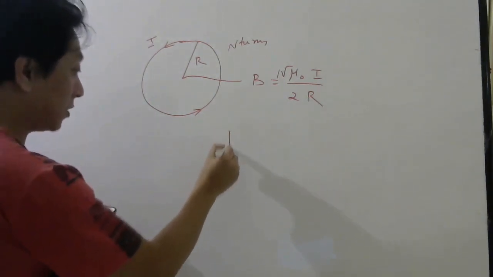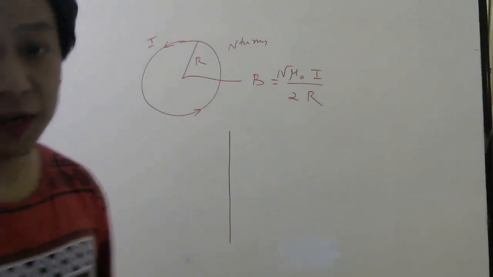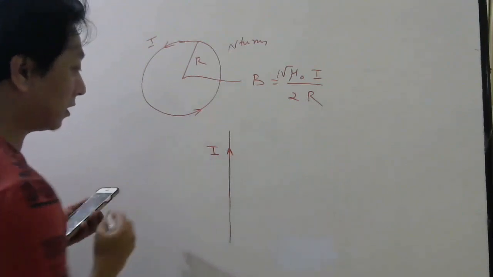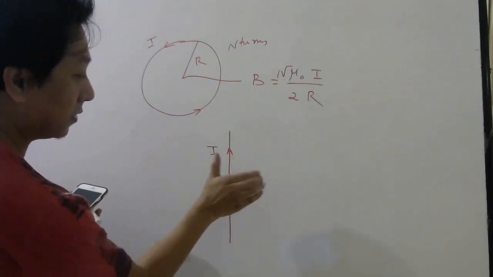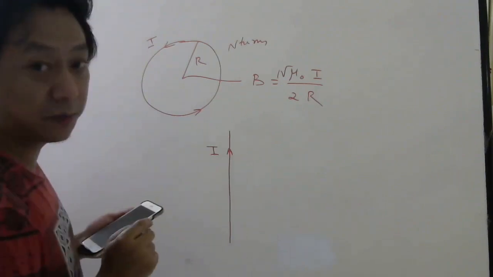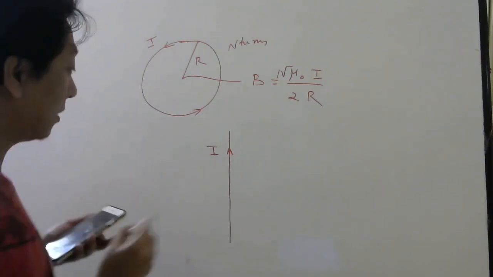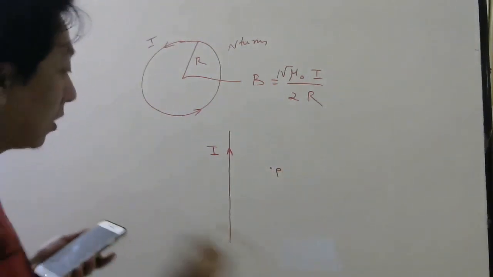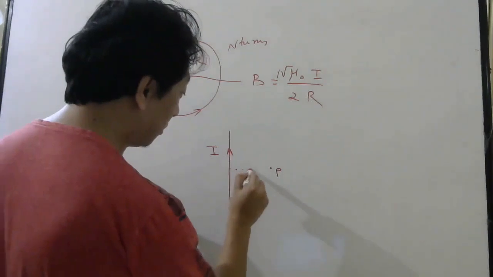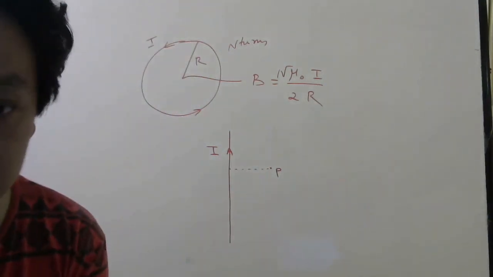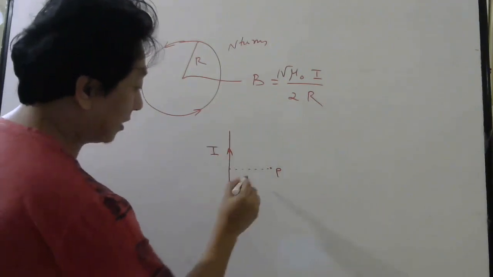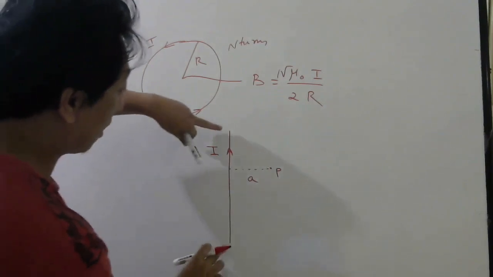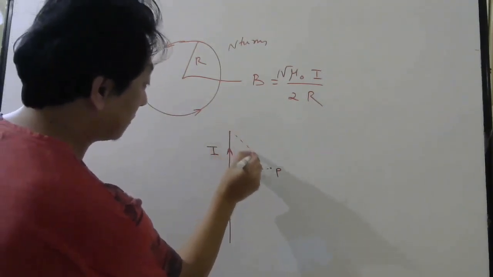Another one is, if you have a straight wire which is not infinite but finite, and it carries a current I, then the direction we know will be like this. At this point it will be inside the board, here it will be outside the board. But if you want the magnitude of the magnetic field here, first you have to draw the perpendicular line and find this distance. Let us call this distance A. Then from the ends of the wire you have to draw these lines.